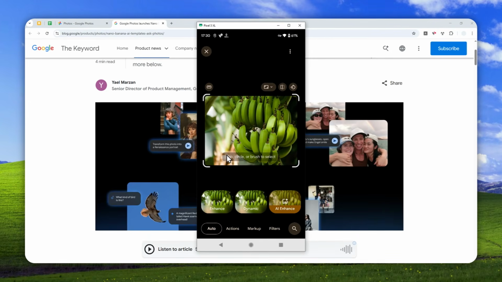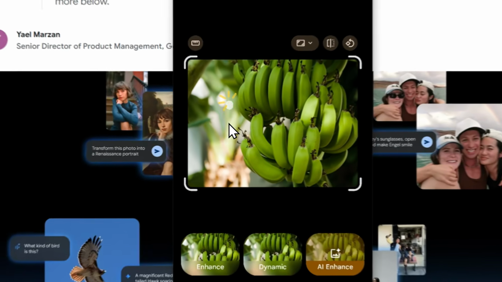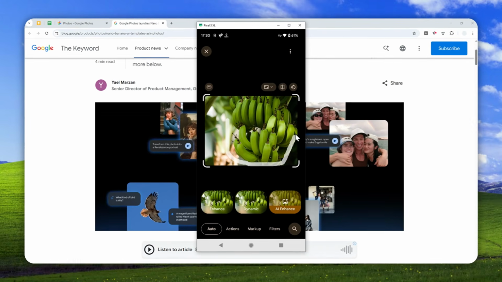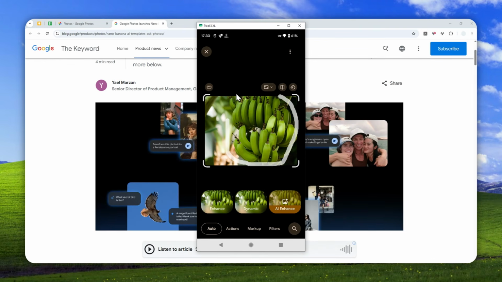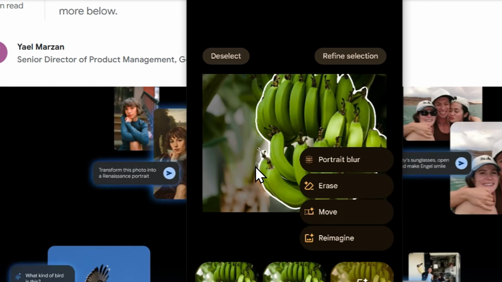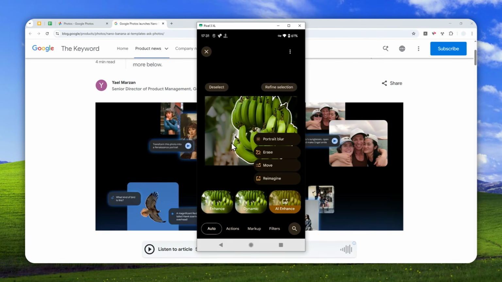And there are three different options or methods to select the object that you want to modify. You can just tap, circle, or browse, and I personally prefer using the circle method because that's a lot more accurate. So let me just circle the banana, because here my goal is I want to change the color from green into yellow. So there are some recommendations. I can add portrait blur, erase, or remove the object,